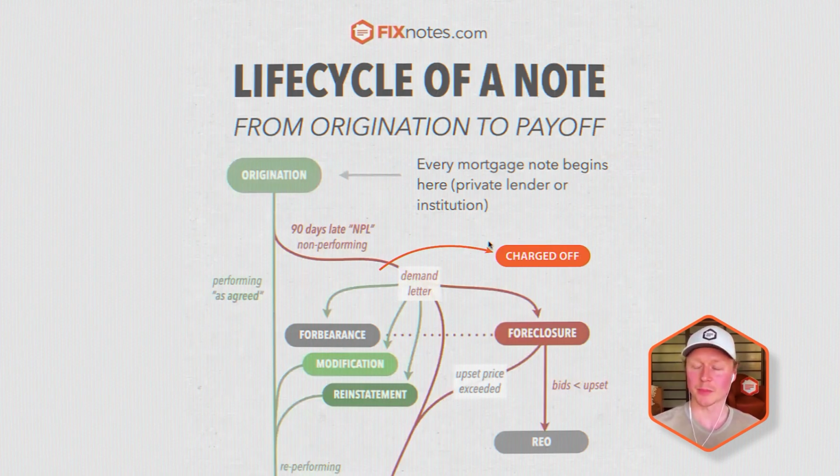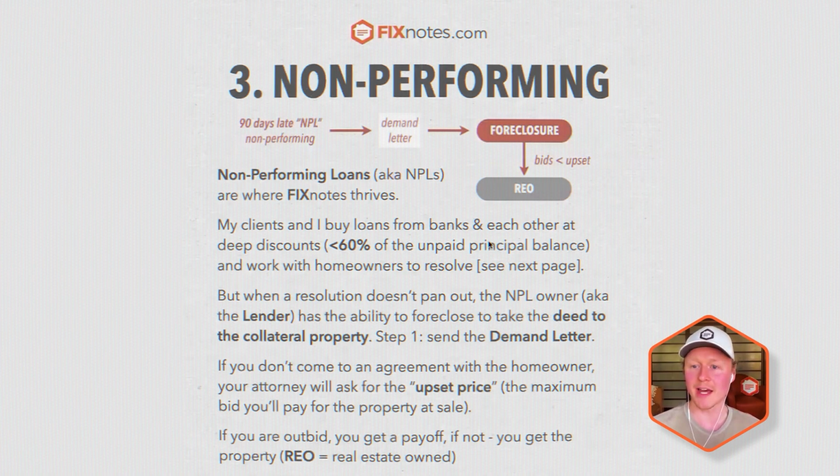That would make a ton of sense, because charge-off is what a bank does instead of sending the demand letter, so that they can write it off, get the accounting relief, and then sell it to one of us in this group. And then the foreclosure and the REO. Just in general here, these are some of the steps of sending a demand letter,